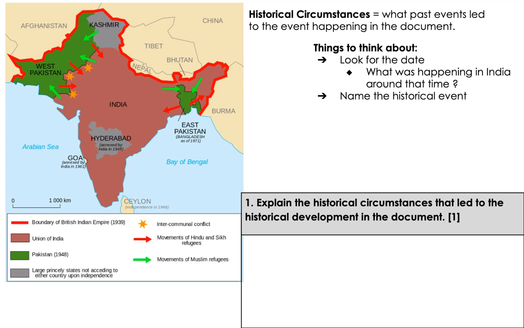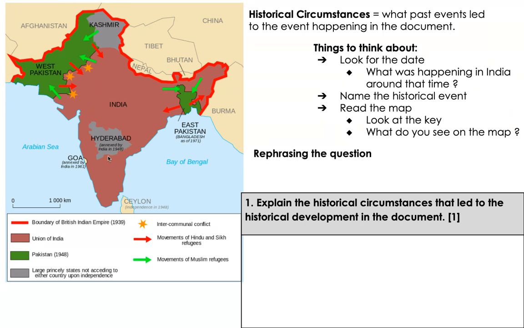Now, you need to be able to name the historical event. So try to look at your notes that you might have taken on today's lecture because that might help you figure out what's happening. Also, look at the border here. What's happening? It seems like people might be moving. So if I look at the key,